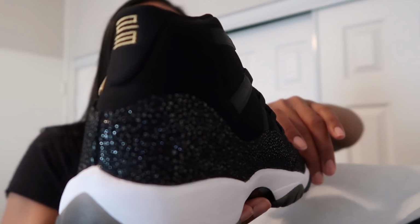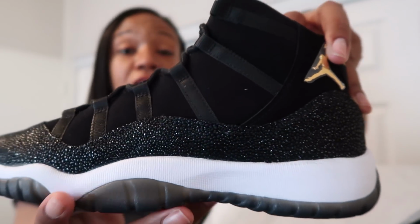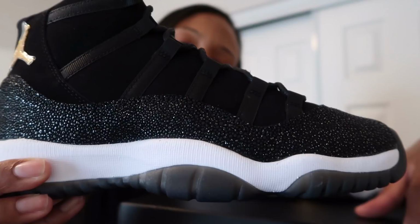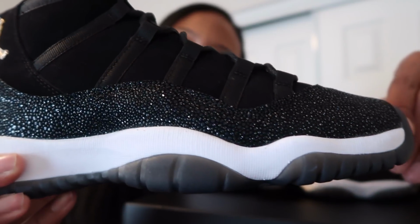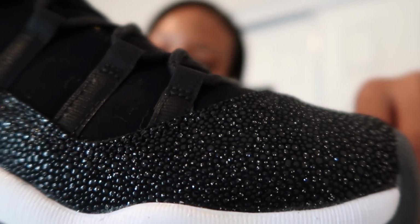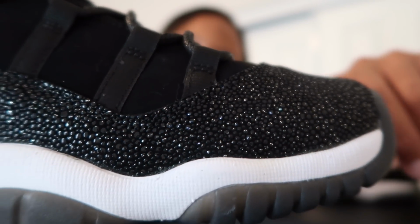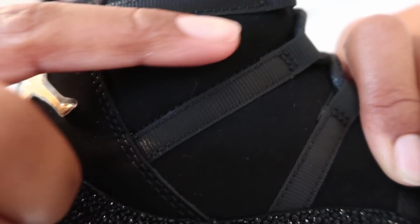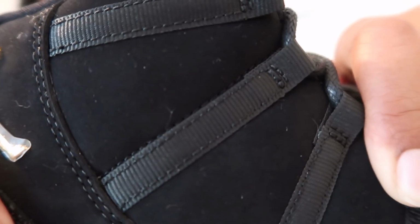So yeah, guys, I picked these up before I went to work today. For those who were not as privy to exactly how this shoe was going to look, the stingray looks glittery. I could see how somebody would think this midsole is glitter, but it has that stingray texture, and hits of glitter on it as well, to give it that extra glisten. But in my opinion it's not as glittery as people would have thought it would have been. So the upper is a nubuck, sort of short-haired suede,